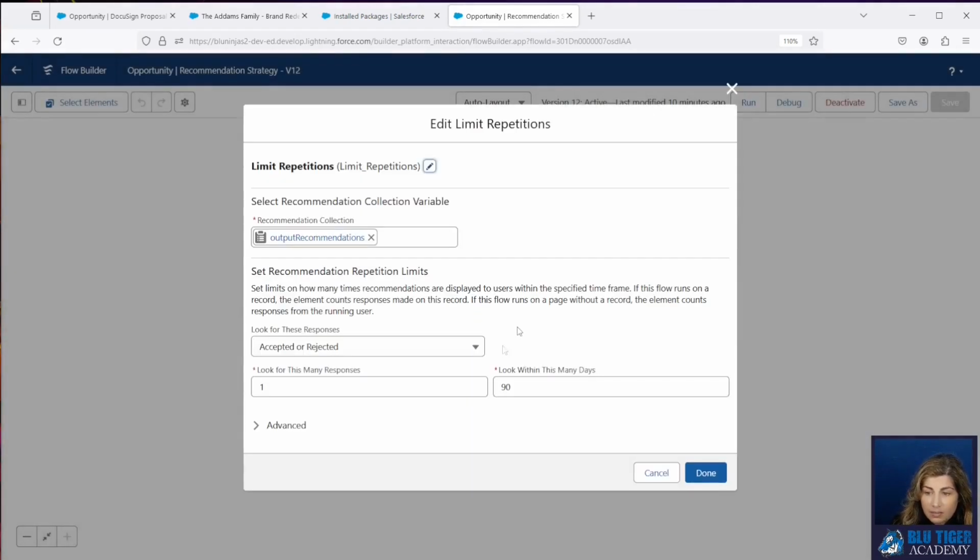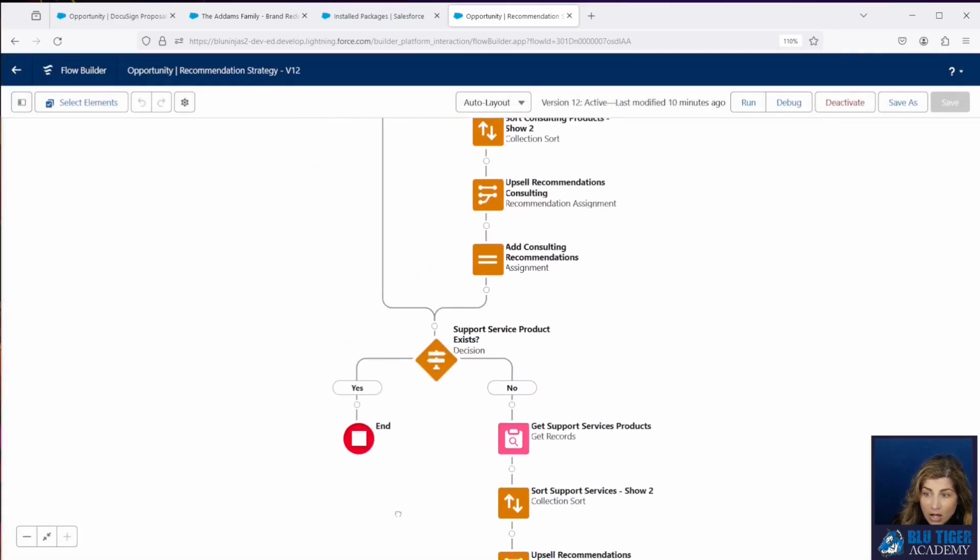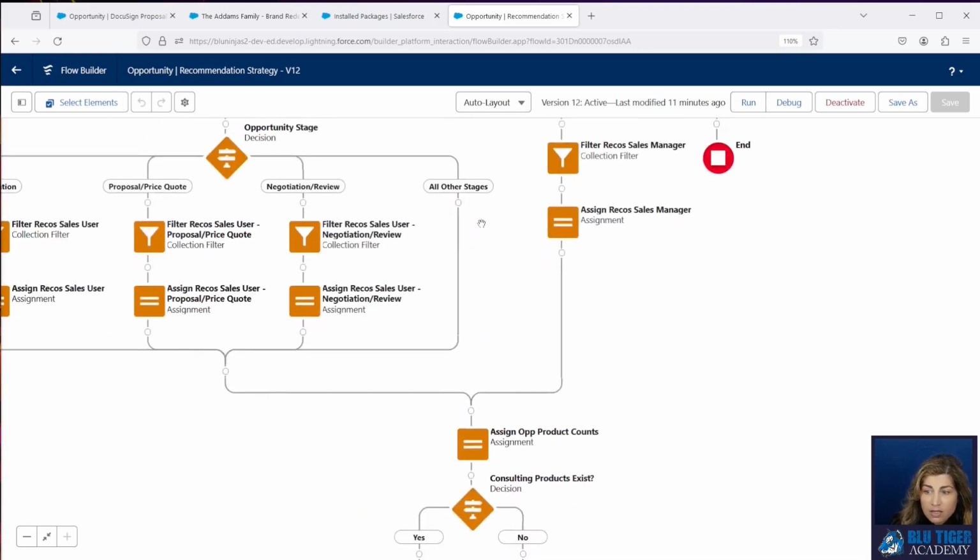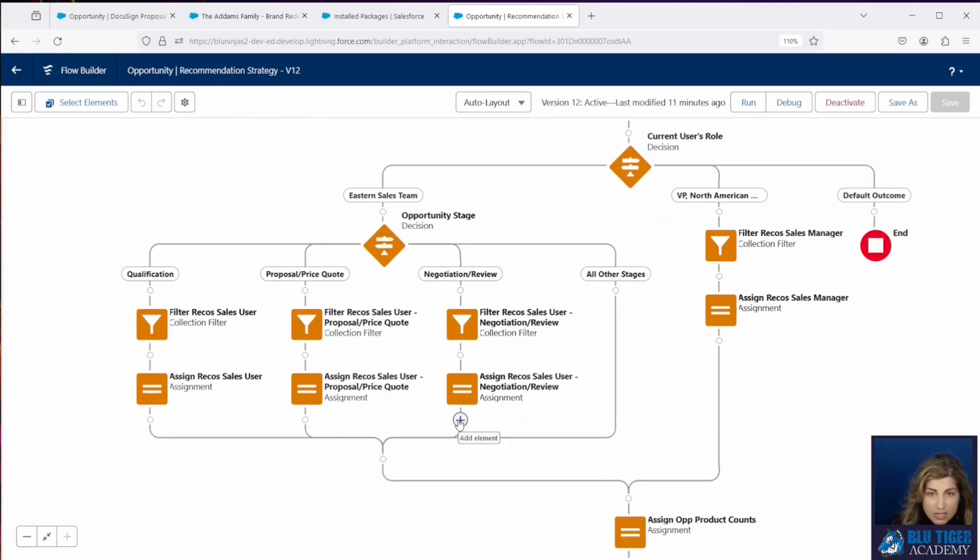We have it set up that when a user either accepts or rejects a response, once within 90 days, this recommendation is not going to show again to the user. Now, this may or may not work for you in this scenario. So here we're going to show you some steps that you can do to better control this, because maybe you don't want to limit. If a user rejects the recommendation to DocuSign a proposal, that might be a no-go within your organization. Maybe all your proposals need to be signed via DocuSign and they can't make that recommendation go away until you have a DocuSign status record that was completed for signature.